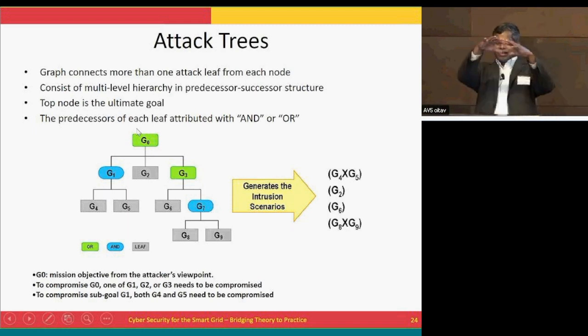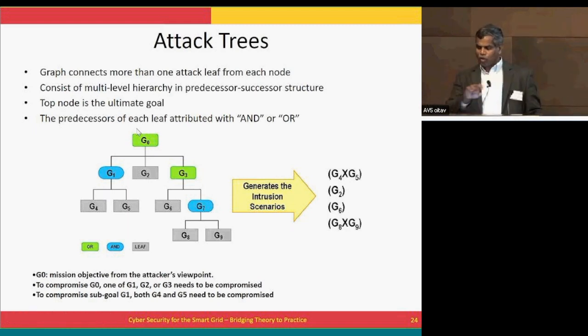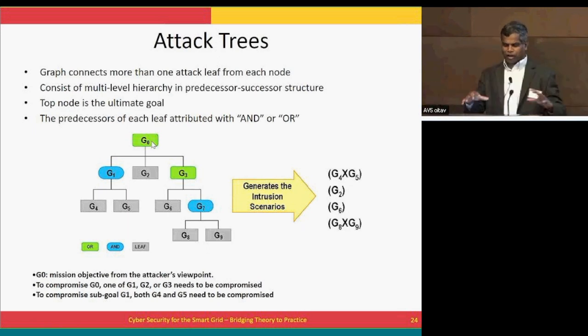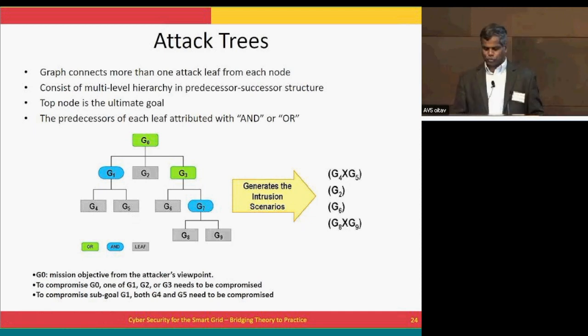So you have a tree like this. You can go and enumerate all those intrusion scenarios that can cause that mission. The root node is the mission that is compromised. What are the ways you can compromise it? So you list out, enumerate all those things, and put them in this kind of tree structure. Then if you know the probability of this happening, and the probability of this happening, you can compute these path probabilities. Each one is a path or scenario. You can compute this path probability.